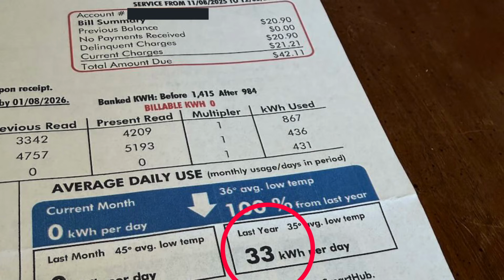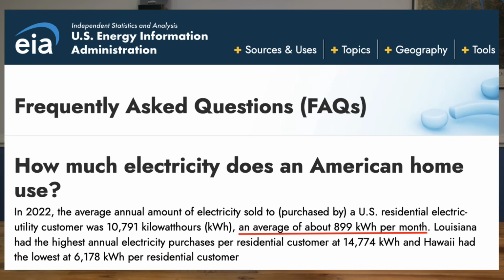So that was the first number I needed to figure out. How many batteries would we actually need just in terms of overall storage? And so I started by looking at our electric bill to estimate our average daily energy usage. In November of last year, we used about 33 kilowatt hours a day, and that's actually pretty close to the US average. On average, a US home uses around 30 kilowatt hours of electricity per day,